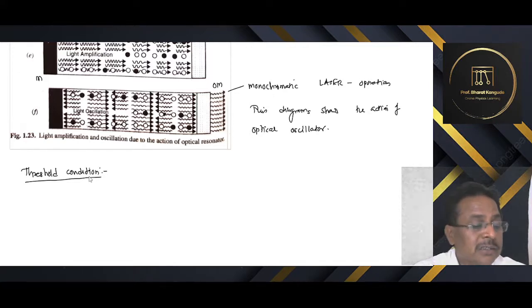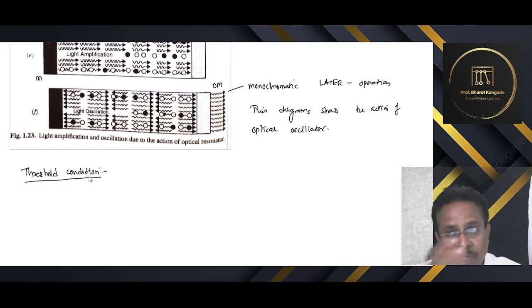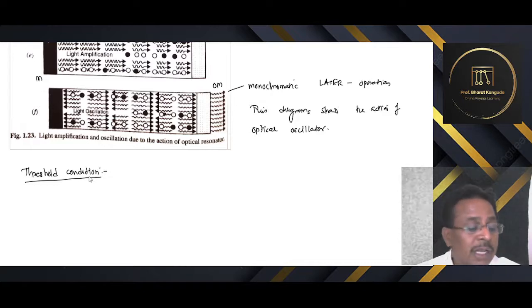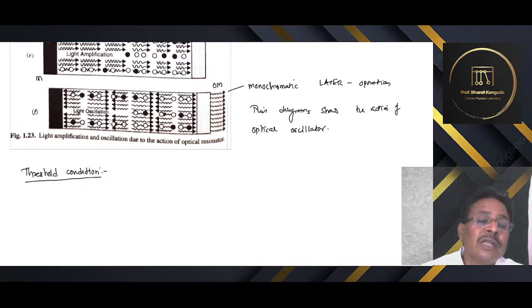As the light bounces back and forth in the optical resonator, it undergoes amplification as well as suffering various losses. So there is not only amplification, but there are certain losses too. When this light passes through the active medium, the losses occur mainly due to transmission at the output mirror. Some part of the light at every reflection is transmitted through mirror M2, and there is also scattering and diffraction of light within the active medium. Even though I have shown all the radiations passing either in the left hand direction or right hand direction, this is not the practical case. Practically there are three different types of losses.